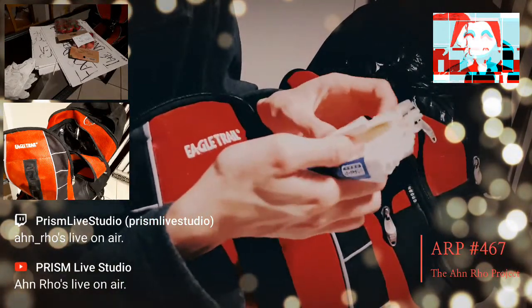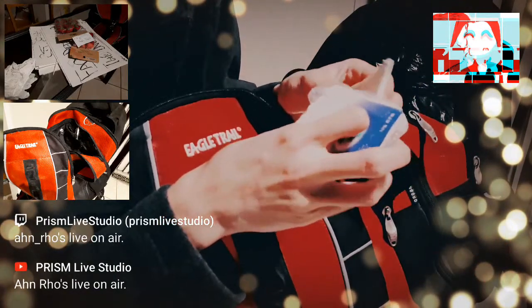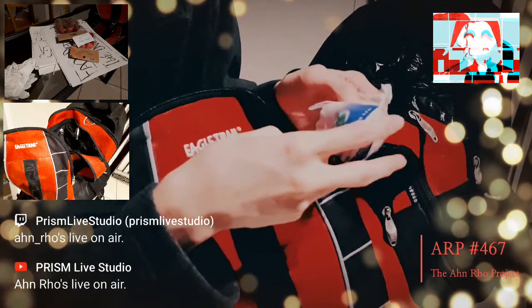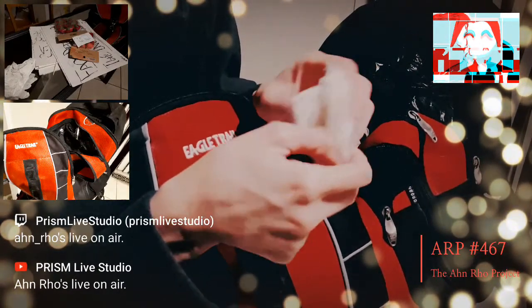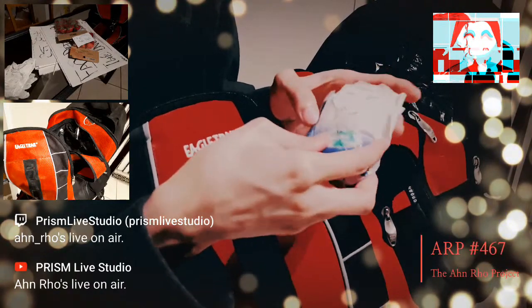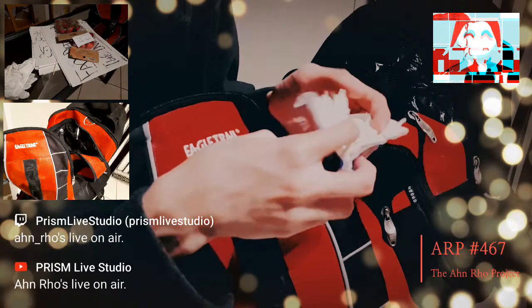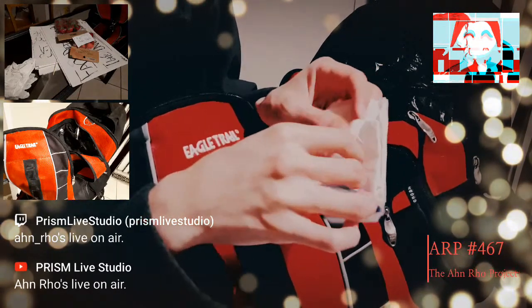I never actually used it. They look disgusting now. I don't know if she'll ever find a use for this. In case there is a reason for them to use them, I will place this back upstairs in their room on their table. If they decide to use it, they can use it, but if they don't, they can just throw it away. It looks to me like it's quite dirty anyways, so maybe I'll take this out and